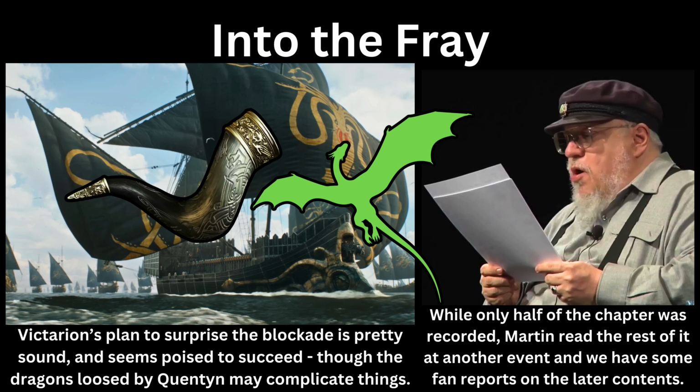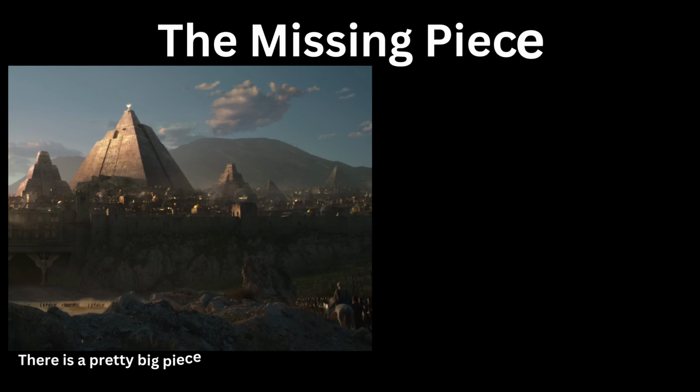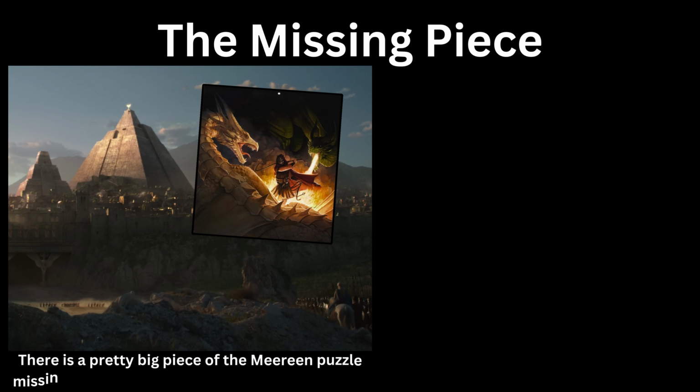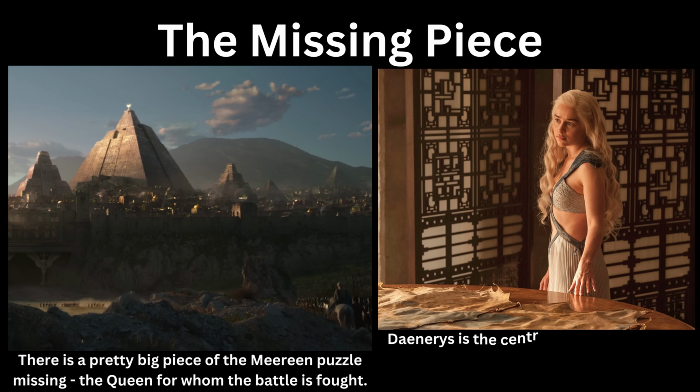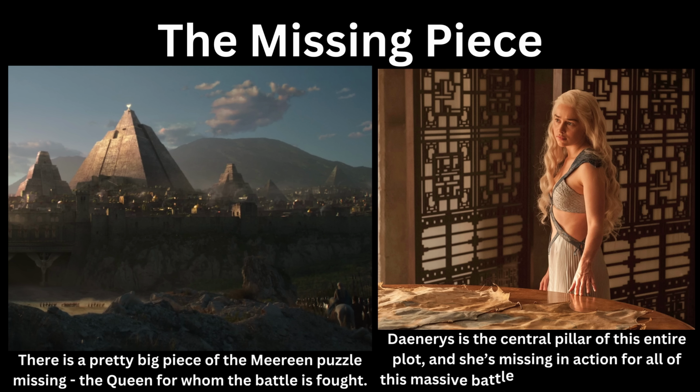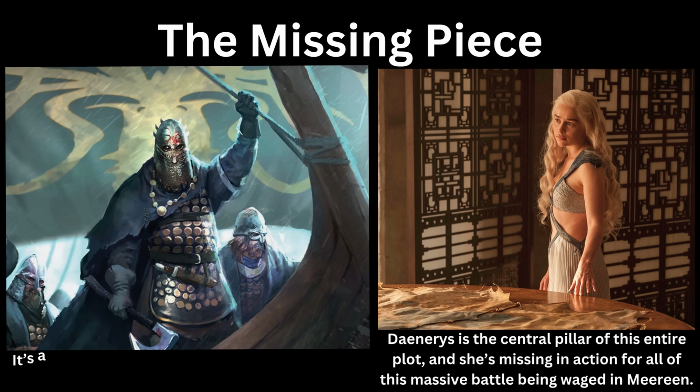Who knows? There's another factor in all of this. It's not Quentyn. Quentyn isn't alive, but it is Daenerys. All of these characters are converging around her, and this battle is being waged because of the things she has done in Slaver's Bay. She has been this massive force for good and for change, and the Slavers are striking back against that, and they are likely to lose this battle thanks to Victarion and Tyrion and Barristan.